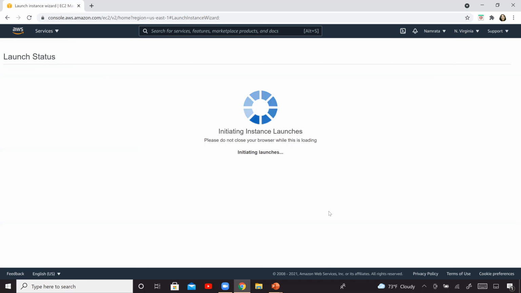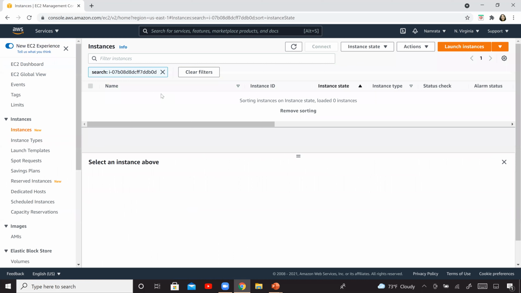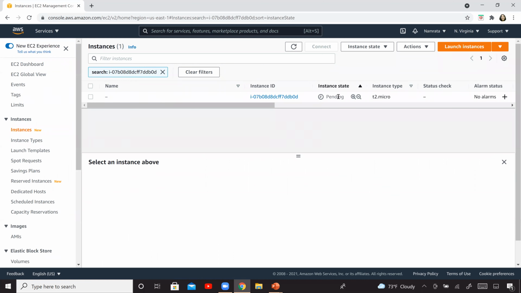Checkbox, launch instances, and our instance should be launched shortly. So it's right here. It will take a couple of minutes for this instance to come up. So wait for it to come up and then go ahead, copy the public IP address and SSH into your EC2 instance.